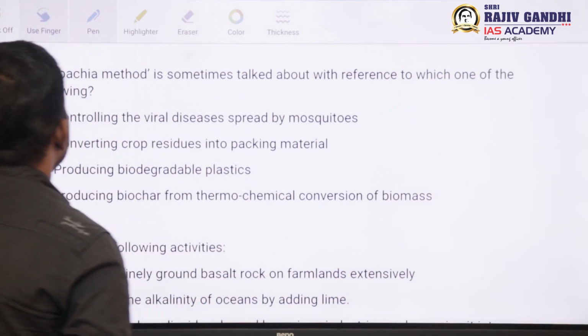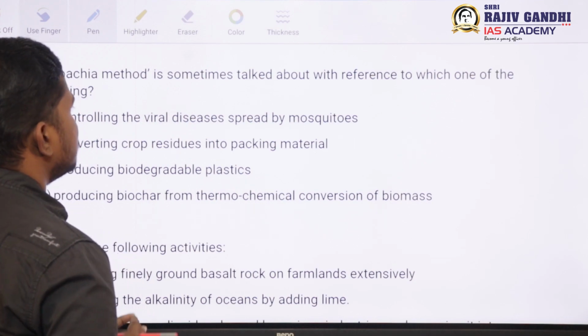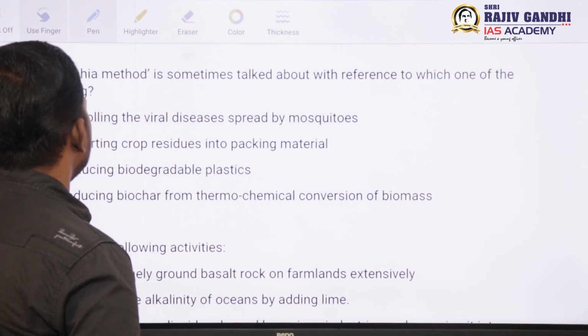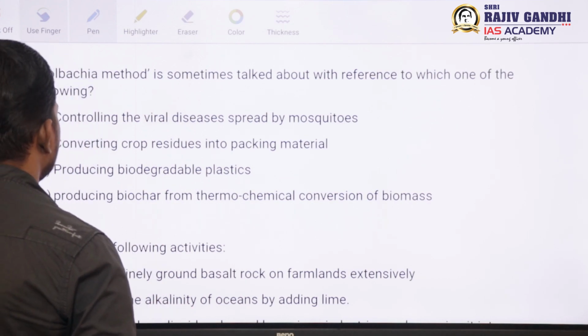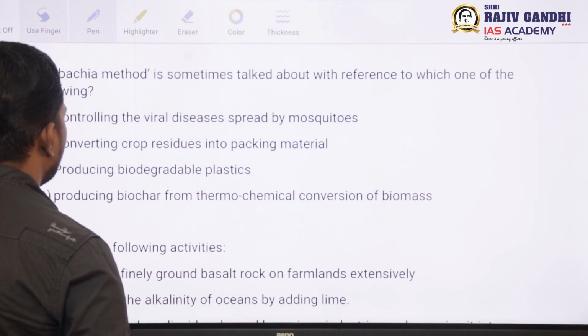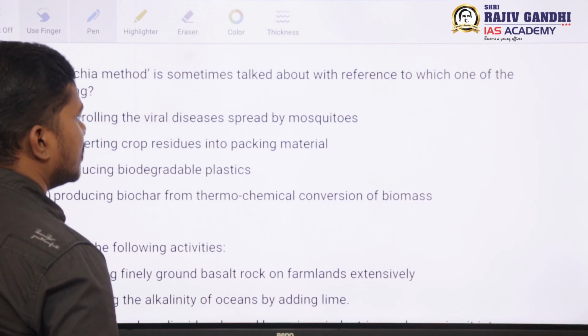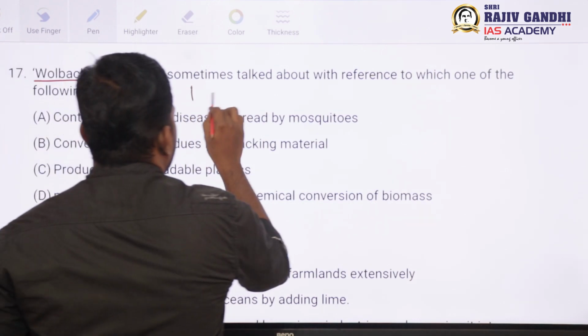The 17th question, Wolbachia method. The Wolbachia method is sometimes talked about with reference to which one of the following? Controlling the viral disease spread by mosquitoes, converting crop residues into packing material, producing biodegradable plastics, or producing biochar from thermochemical conversion of biomass. Wolbachia is a bacteria,